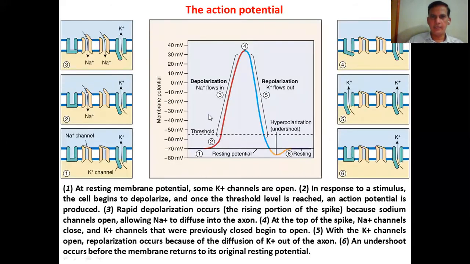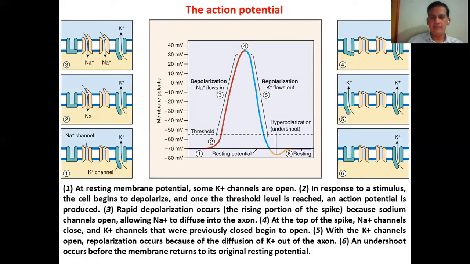Okay, now let's have a look at the action potential. This is the resting membrane potential. At this time point, if we look at the channels, there are some potassium channels which are usually open, because potassium diffuses out of the cell. Now there is a response to some kind of stimulus, and the membrane begins to depolarize. If that stimulus is good enough to bring the membrane to the threshold of minus 55 millivolt,